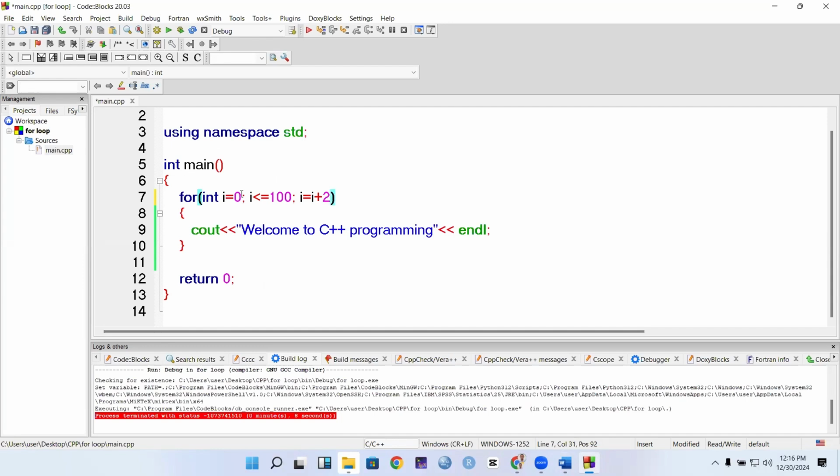You see, when you start at 0, with the next term you add 2, you get 2. So 2, the next term you add 2, you get 4. 4, the next term you add 2, you get 6. The same up to 100. Okay, so that's well, but here now, because we are not printing